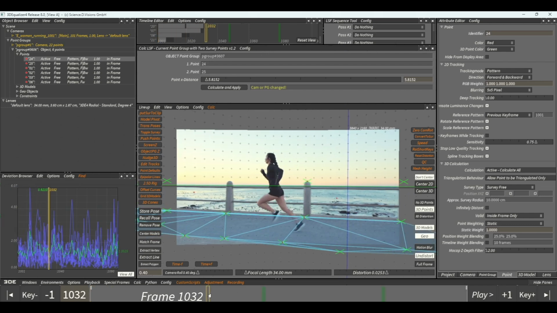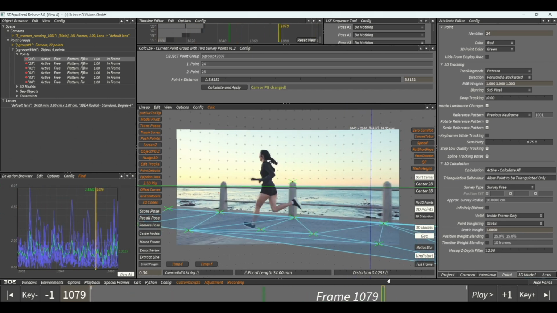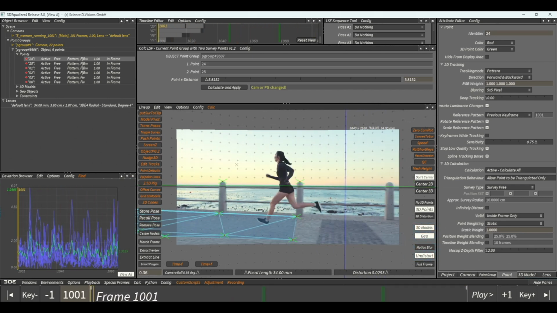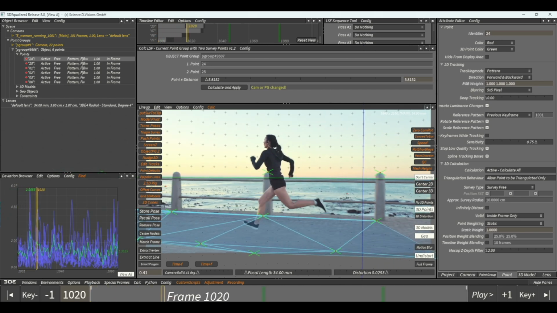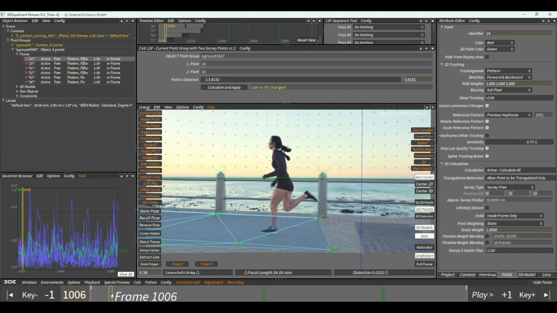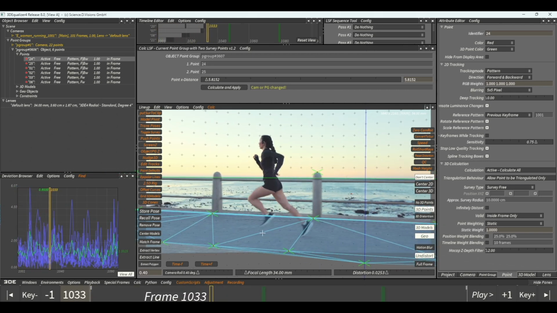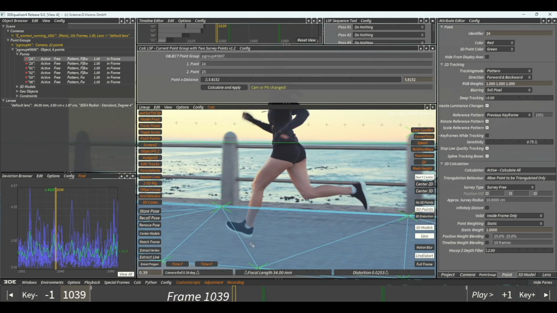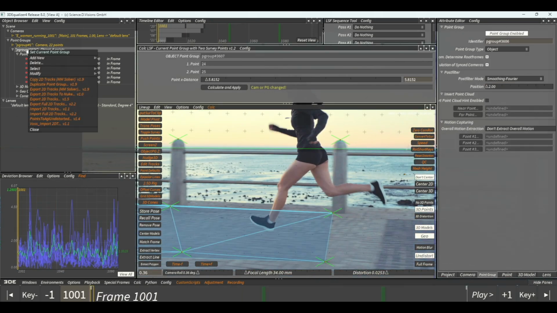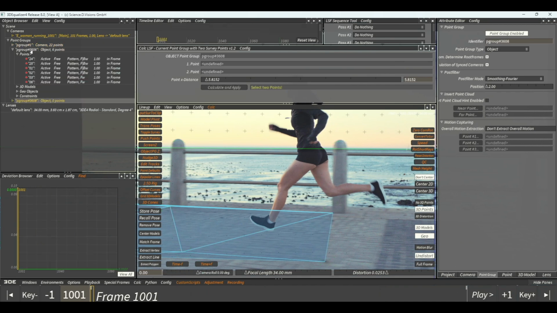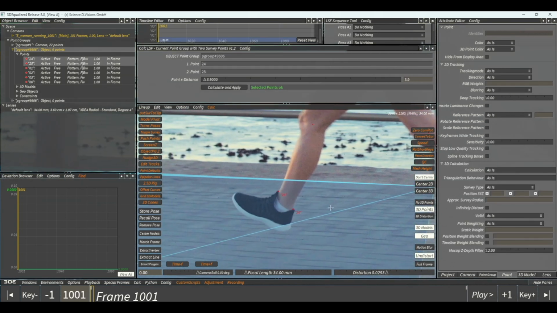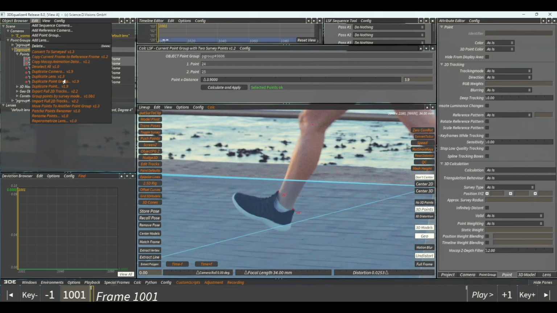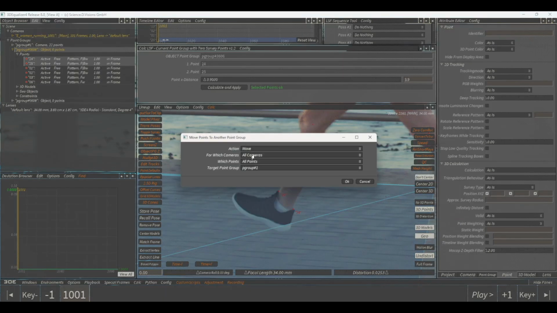As you see, I have an easy shot with a running woman, and let's say we want to make a rotomotion of this woman, or just to check the distance from camera of, for example, let's say the leg. So let me create a new point group. In this point group I have saved the tracked points because there is no time to lose tracking these points again. I will copy them to the point group,